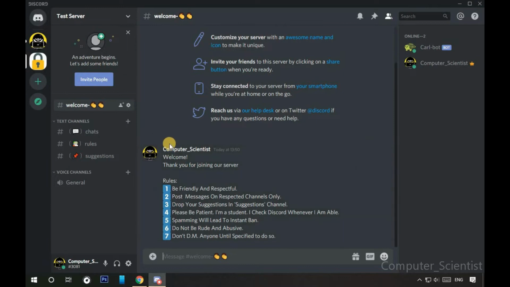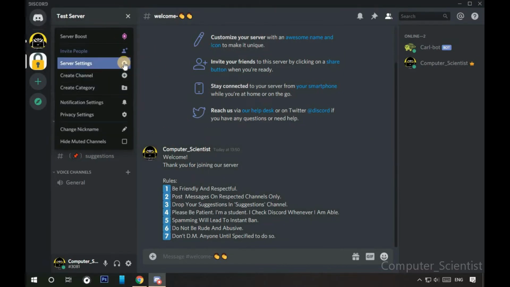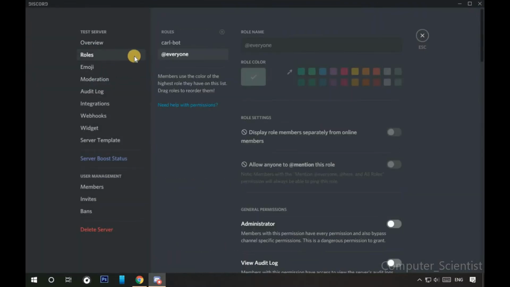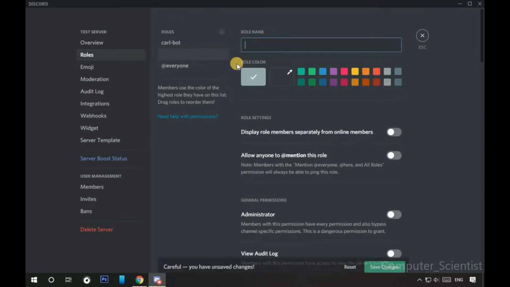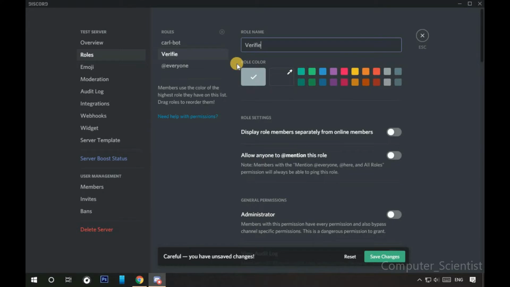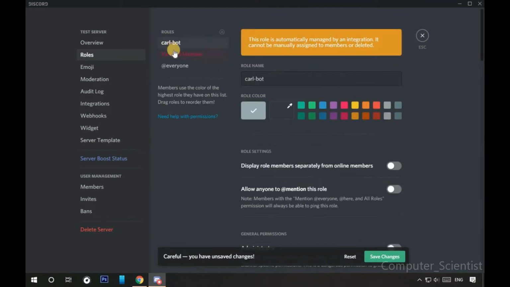One thing that you should keep in mind is that whenever a person enters and reacts to that emoji, he or she should get a role. So here I am going to create a new role named verified member, and it is the role that person will get whenever he or she reacts to that certain emoji. You can give any name to the role, but make sure that the Coralbot is above the role of the verified member, because it is the Coralbot who will be assigning the role of the verified member. So it should be above this role.